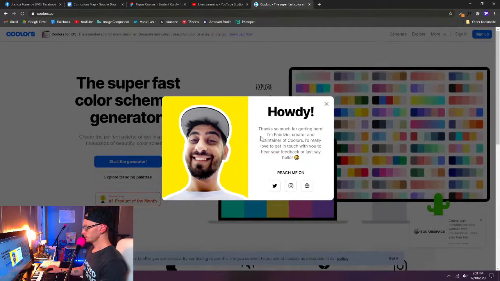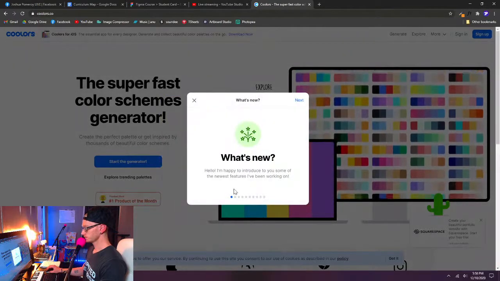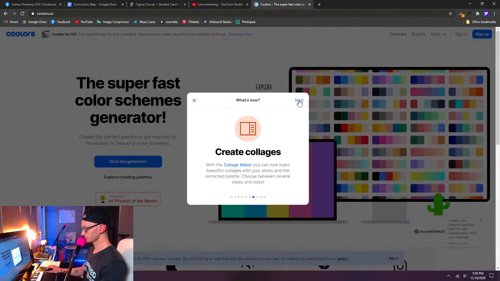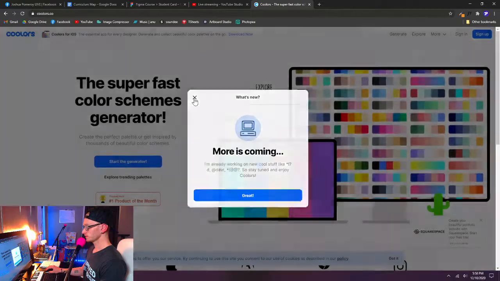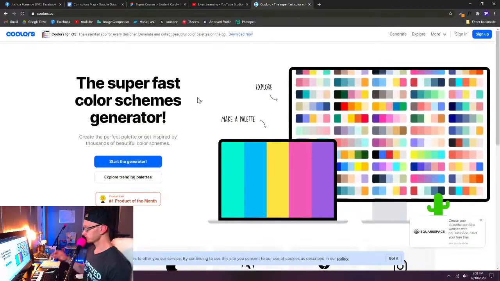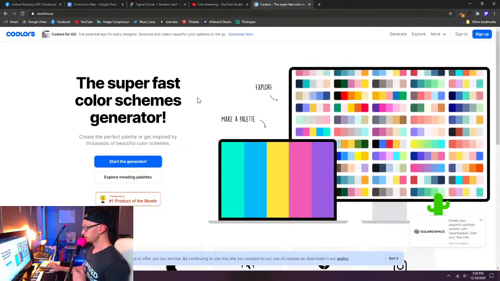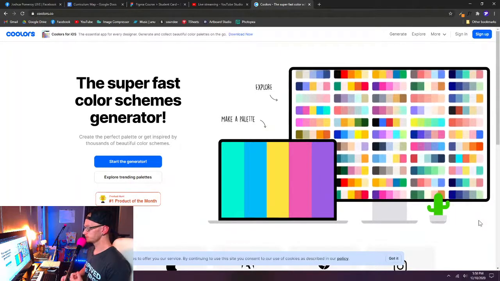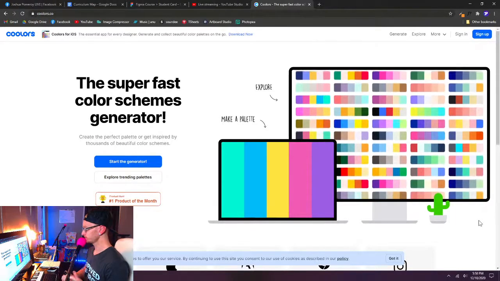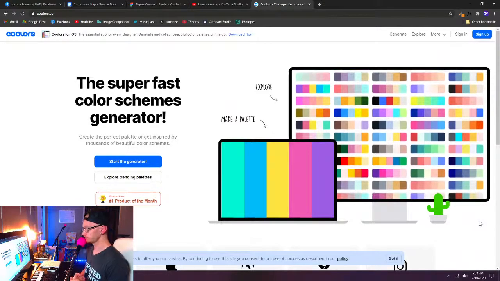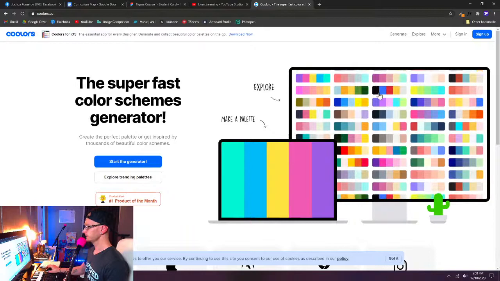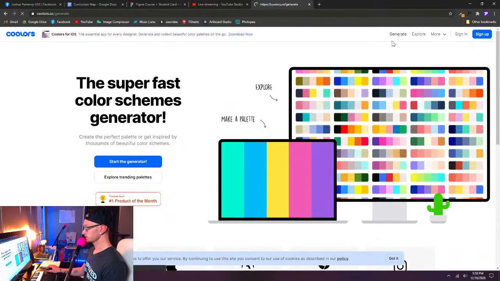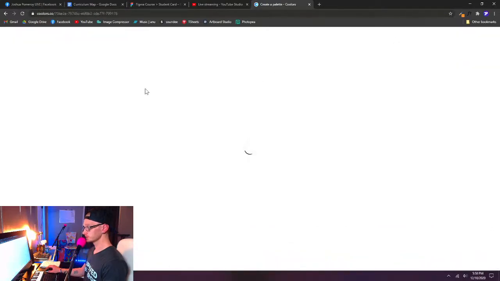We'll get some welcome messages here. You can close those down. It tells you what's new. There's some cool new things with Coolors. It's a really, really great website for creating color palettes very quickly. You can create an account and you can save them. But one of the things I really love about this site is that you can generate PNGs, SVGs, and I think PDF, AI, and Photoshop palettes super fast. And I'm actually going to go to the generate right up here. If you want to just jump right there, it's